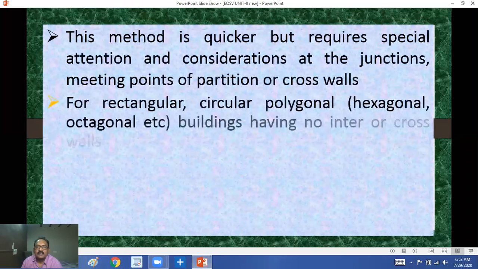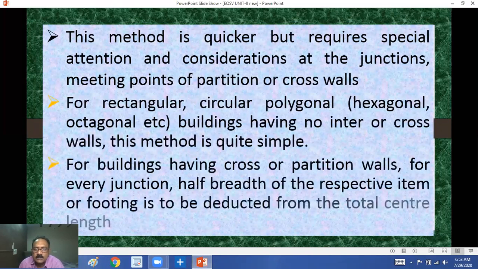Next, this method is quicker but requires special consideration at junctions, meeting of partition or cross walls. For rectangular, circular, polygonal, hexagonal, octagonal buildings that have no internal or cross walls,